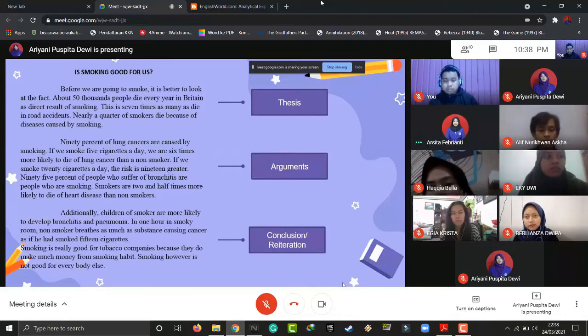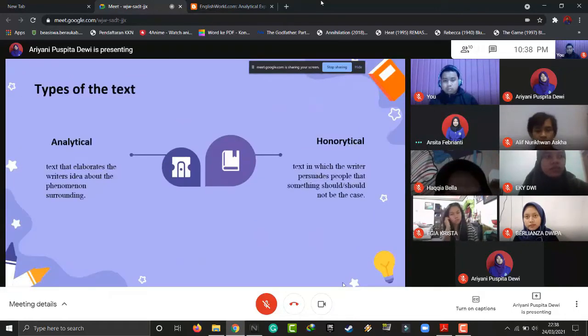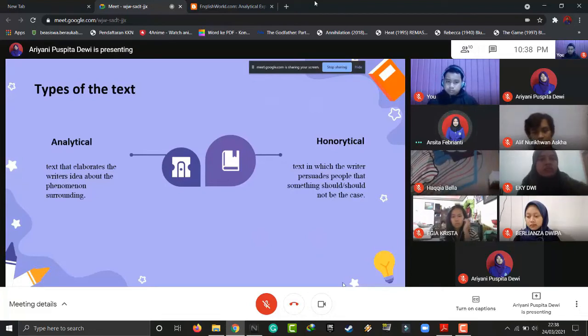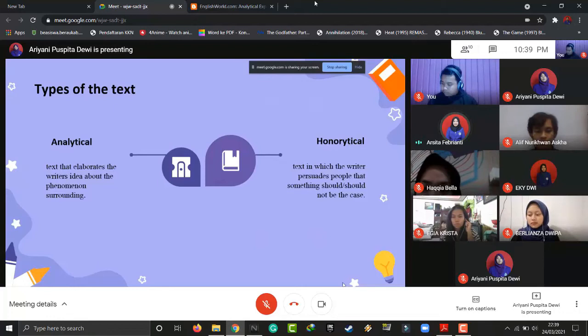Okay, next slide. The exposition text has two types of text, which are analytical and hortatory. Analytical is a text that elaborates the writer's idea about the surrounding phenomena. And hortatory is a text in which the writer persuades people that something should or should not be the case. And